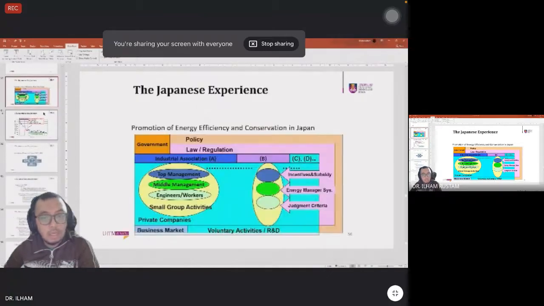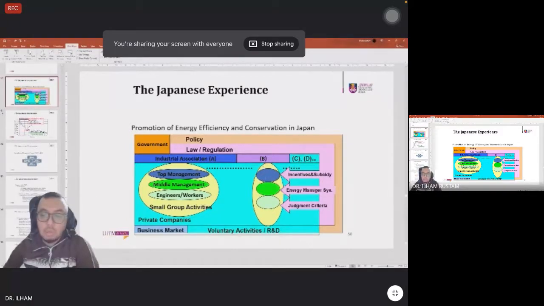Okay, and then the Japanese experience, nothing much. What he wants to say is that the Japan experience shows that through active participation of government, introducing policy and law, regulation and whatnot, and then the industrial association participating, private companies voluntarily taking the initiative, and also the activities in the market